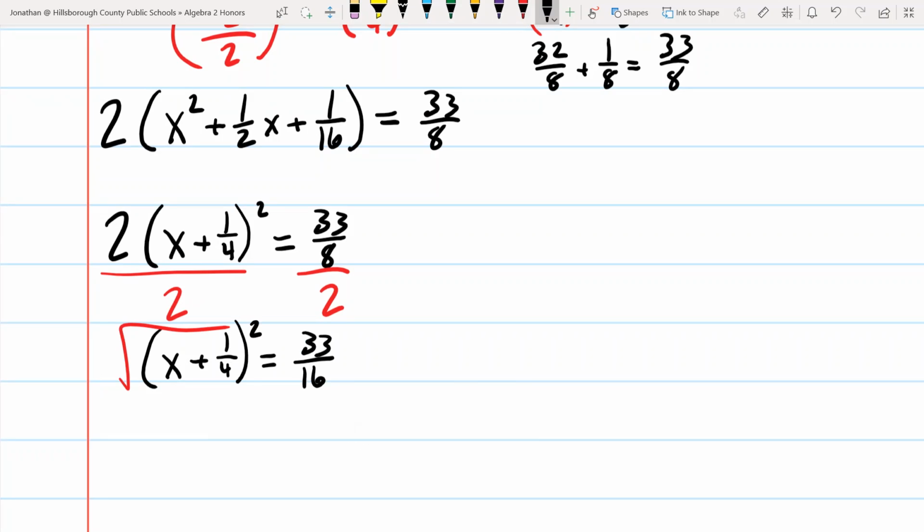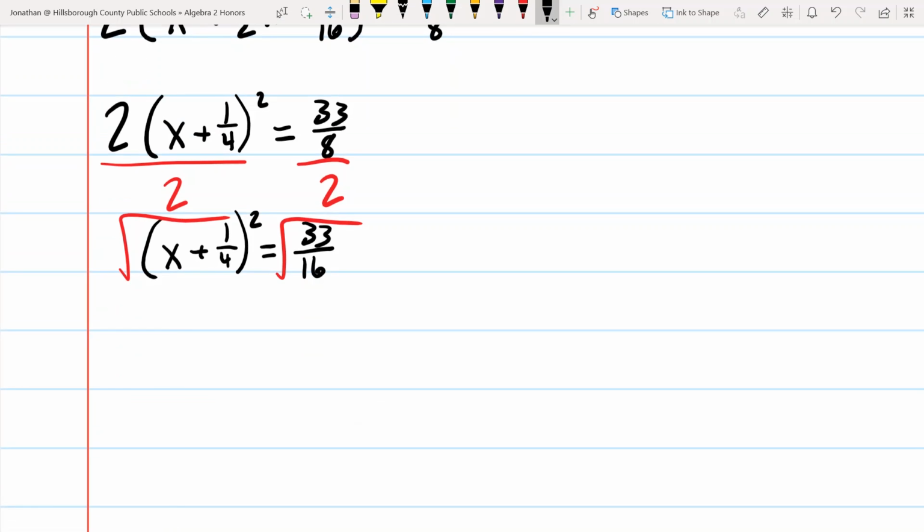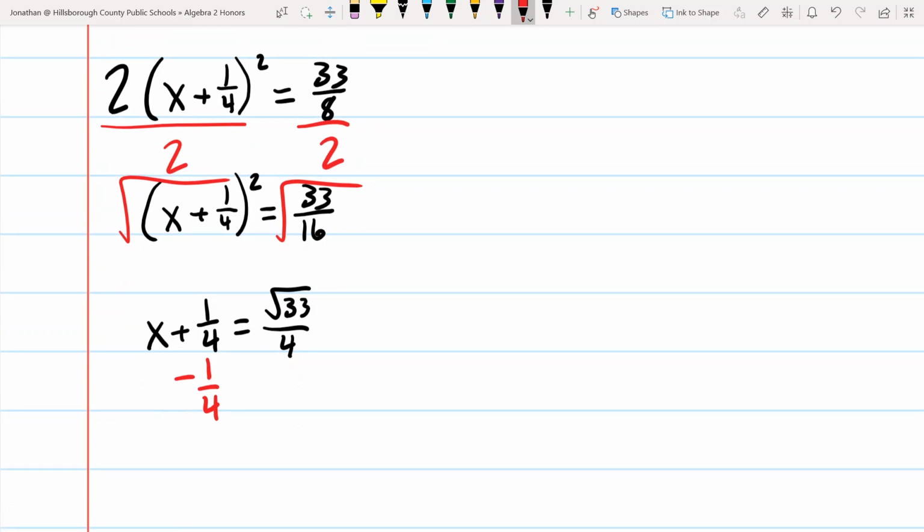I forgot to write my squared. Luckily, that base is a perfect square. That makes solving a little bit easier. We have the root of 33 over 4. Again, taking the square root of a fraction means you take the root of both the top and the bottom. We can't take the root of 33, so we just leave it as it is. And thankfully, with this problem, and don't forget the plus or minus, we cannot combine these, so our answer is -1/4 plus or minus root